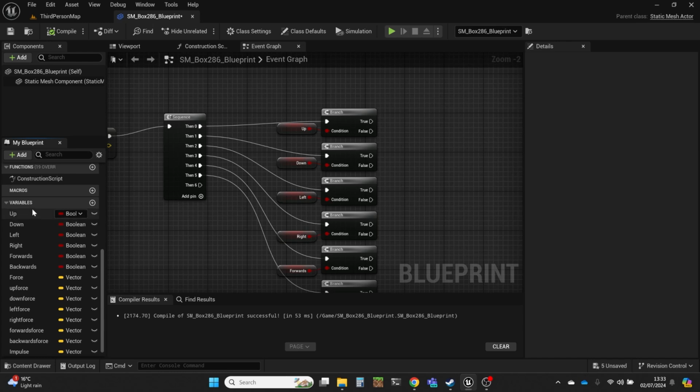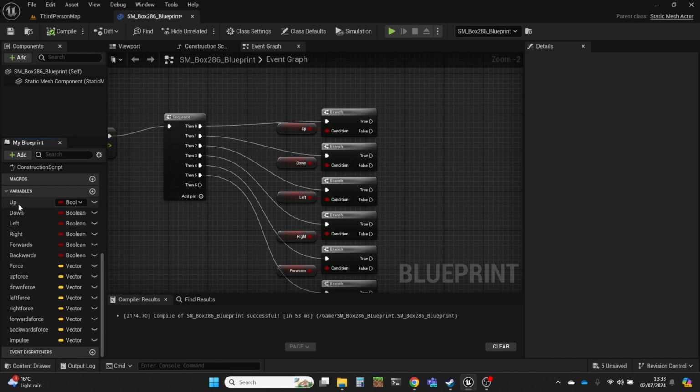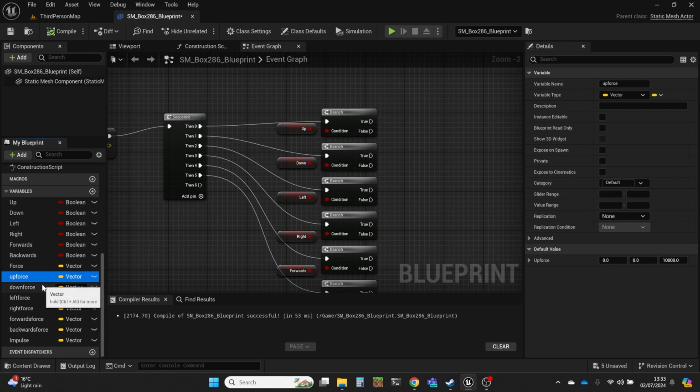In the variables, I've got 6 Boolean variables for up, down, left, right, forwards, and backwards. What those represent are switching on and off a particular force, and the force is going to move along the cardinal axis. Then, ignoring that force vector for now, I've got 6 forces here: up force, down force, left force, right force, forwards force, and backwards force.